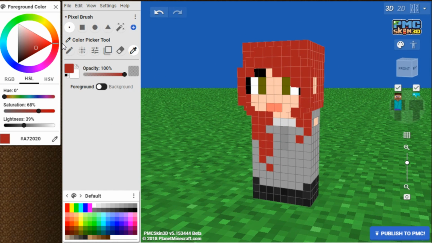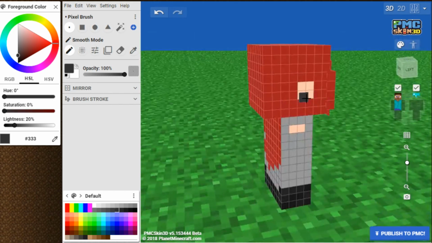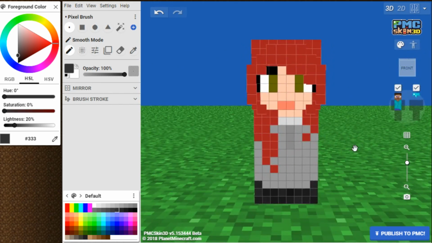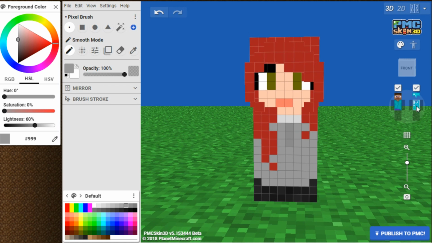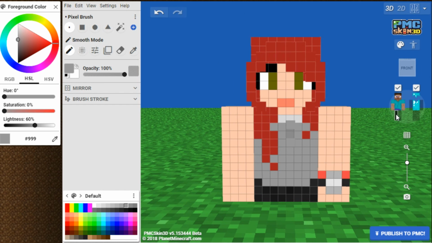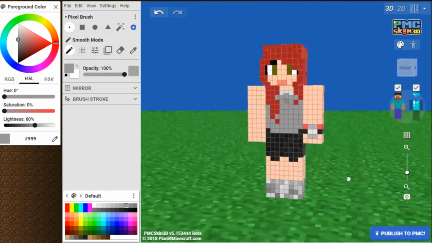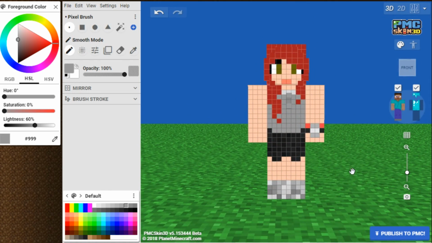I'm going to pick a black color and add in some earrings that I'm wearing on my skin like that. And now I'm going to pick the gray color I used for my shirt, and my shirt has a couple buttons on it. So I'm going to turn on the overlay for the shirt and add myself some buttons. I'm turning on the rest of my person and looking at everything all together, and I think that it all looks pretty good for a very simple introductory skin.